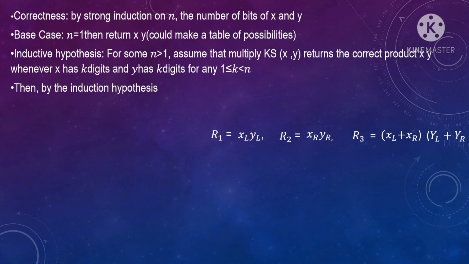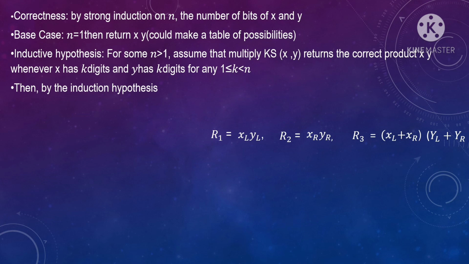Correctness. By strong induction on n, the number of bits of x and y. In the base case, n is 1, then return x times y; we could make a table of possibilities. Inductive hypothesis: for some n greater than 1, assume that multiply returns the correct product xy whenever x has k digits and y has k digits, for any k with 1 less than or equal to k less than n. Then, by the induction hypothesis: